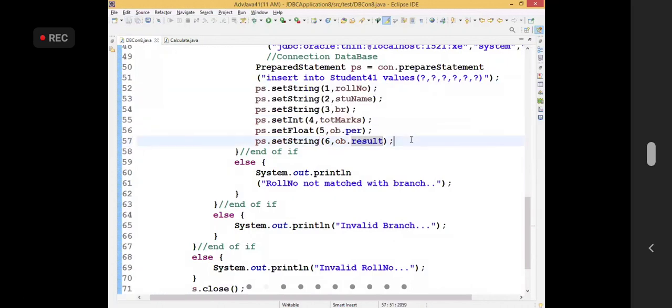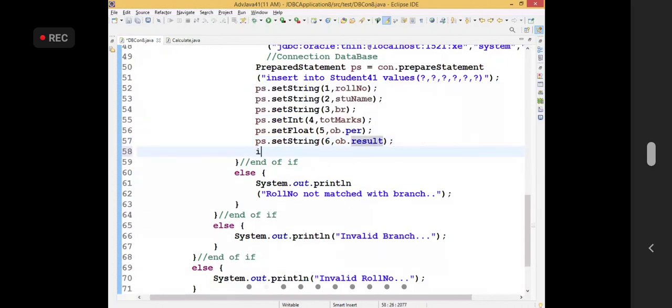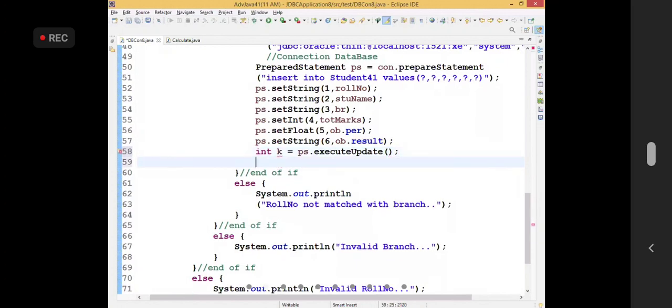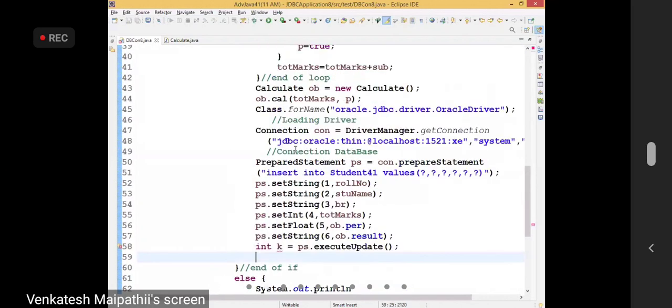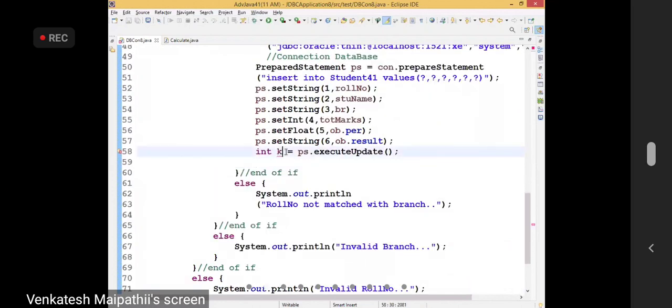Now here, int k is equal to ps dot execute update. Duplicate local variable k. Somewhere I used k. I'll go with some other variable, say g.